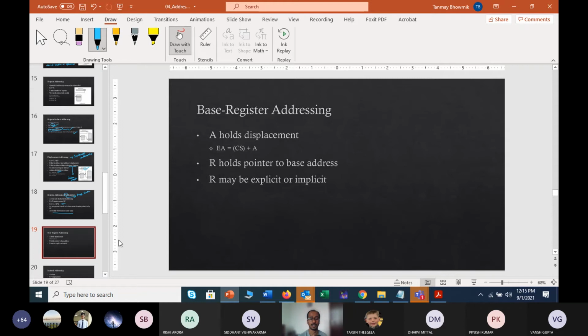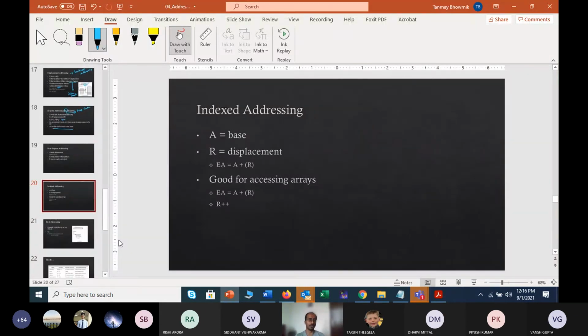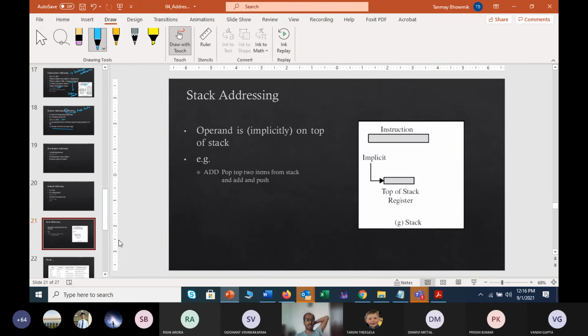So if you understood the first ones properly, like immediate, direct, indirect, register indirect, all the other things will come gradually, and you will automatically understand the other parts. Now, if you check index addressing, that is the same thing we have already discussed in the case of displacement. Then comes stack addressing. Right now we will not touch stack addressing because we have not covered a single section of the microprocessor part, so it is not possible right now.